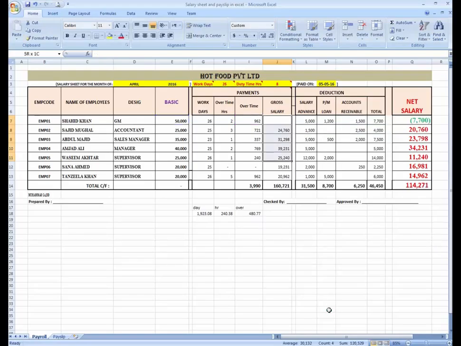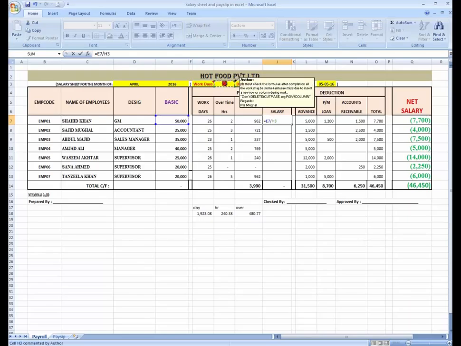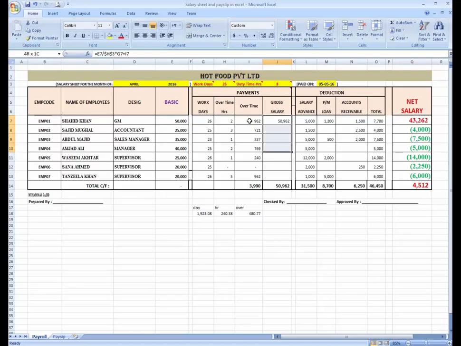What we are going to do over here is equals this divided by this, F4, multiplied by this one, work days, plus overtime. I have calculated the gross salary.